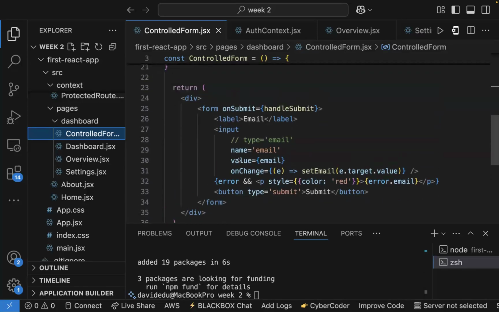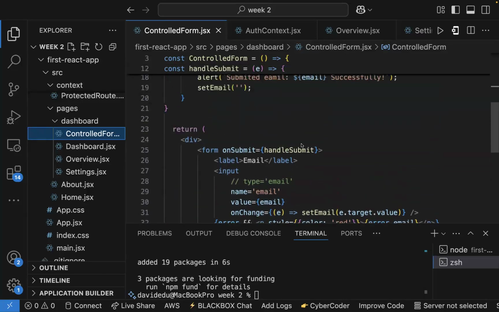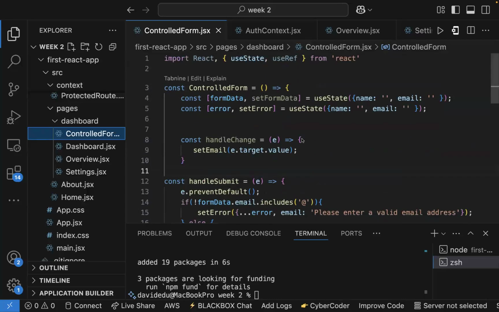Okay, so let's go ahead. So today we'll look at Formik. Formik is a React library that's designed for handling forms, right? From the name already, you can tell. So I'm going to drop